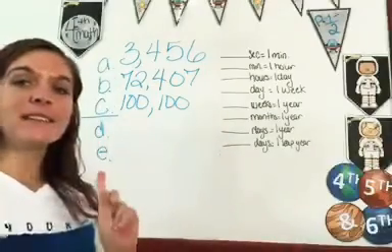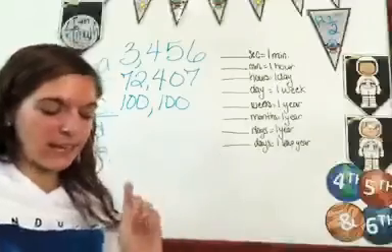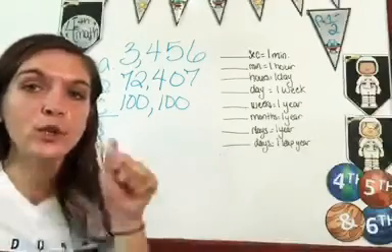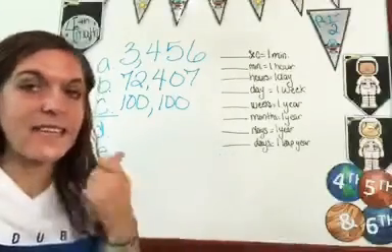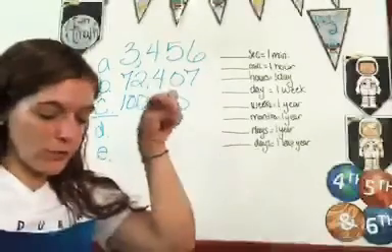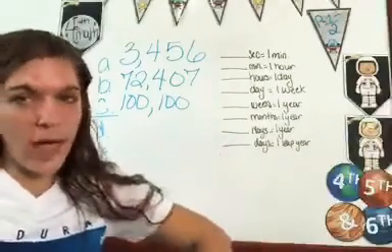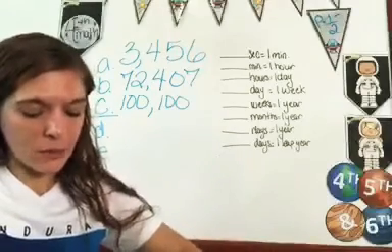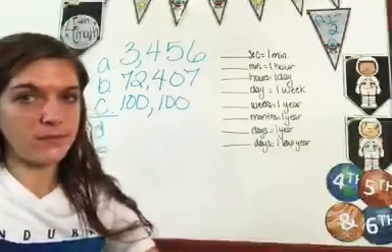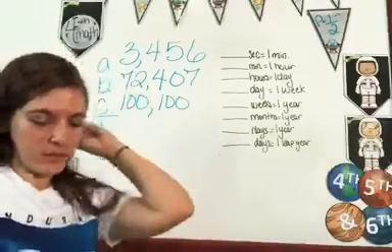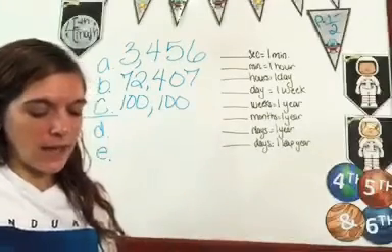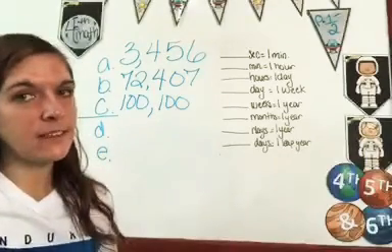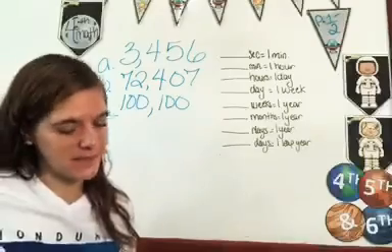Okay, now I'm going to teach you how to check letter D and letter E. I'm going to read the number. You read your number and see if it matches, okay? So put your finger on letter D. Do you have 25,411,635? I hope so. If not, change it. Go back and listen to me say that number again. Okay, and then on letter E, do you have 950 million 3 with 6 zeros?